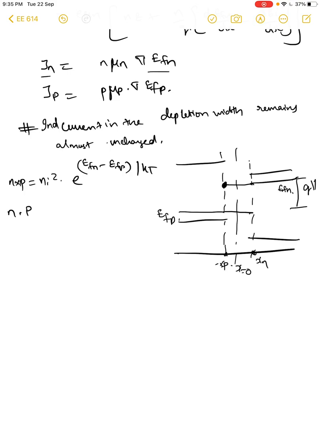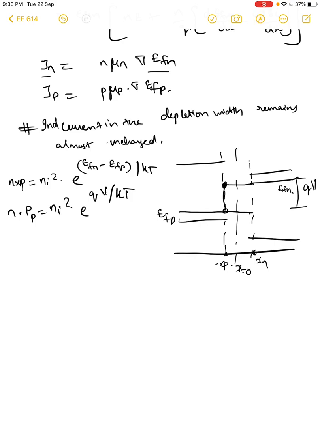thermodynamic equilibrium p concentration, right? p of p type is equal to ni square e power, you know that. So here the difference, because we have assumed that the Fermi levels do not change in the depletion width and this is the edge of the depletion width, the difference in the Fermi level will be the applied potential, qV by kT. The entire assumption came just to have such a simplified expression for the carrier density of electrons at the edge of the depletion width in p side.